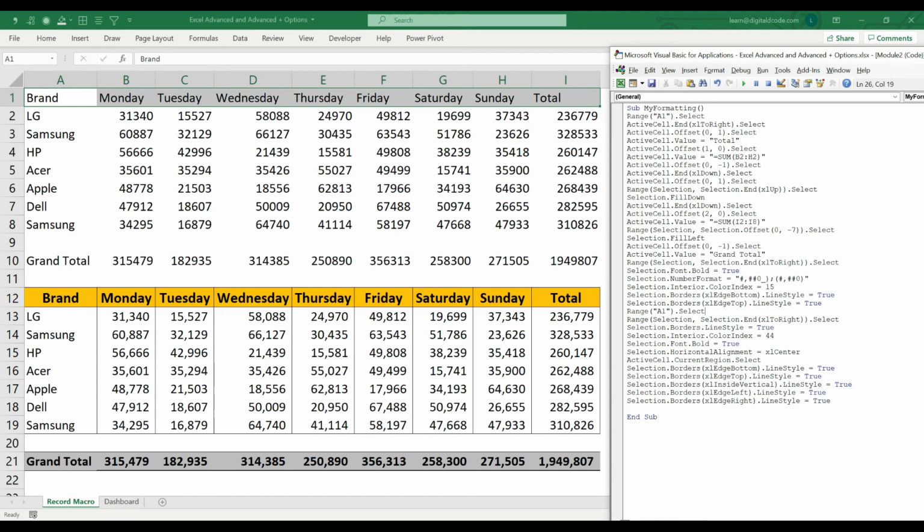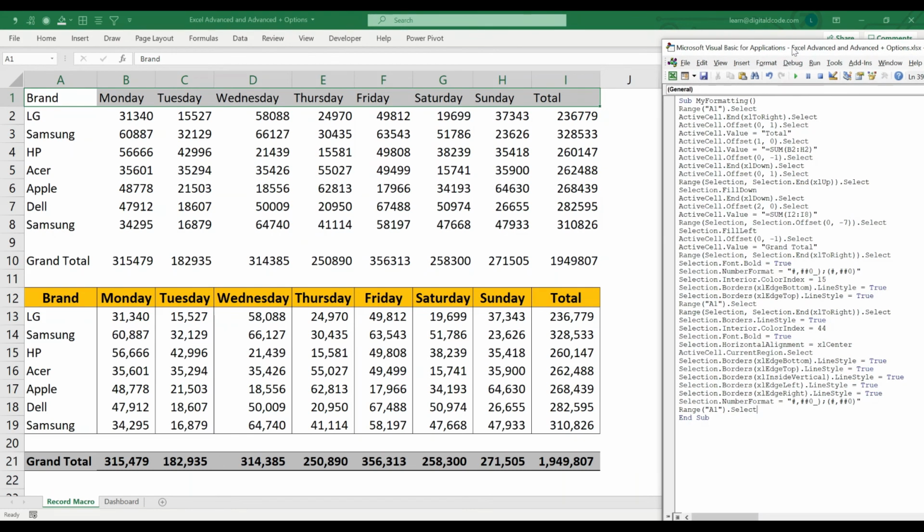So I want to change the number format. So then let's move to range view. That's it. Let's check how it's working.